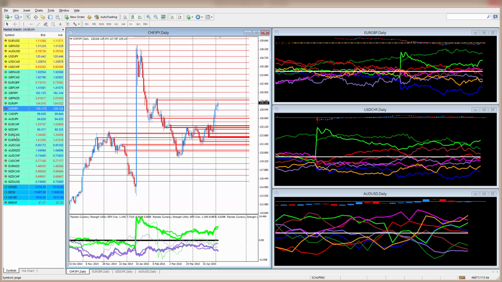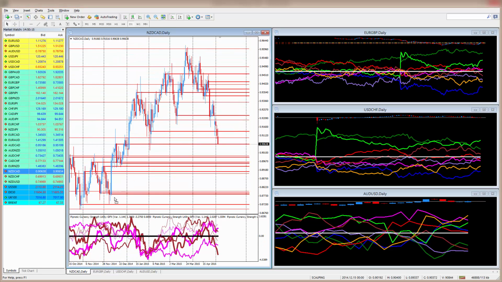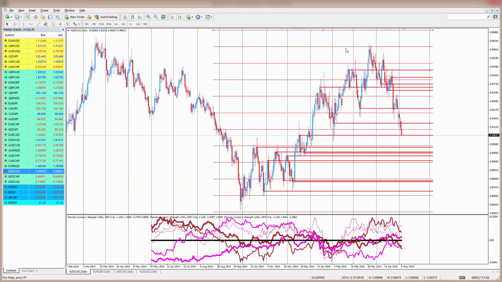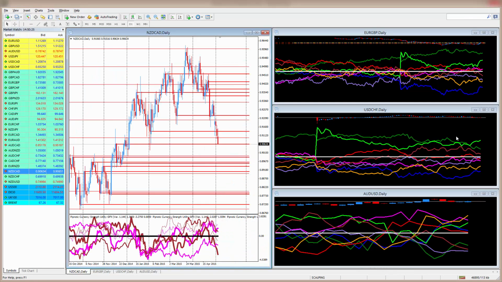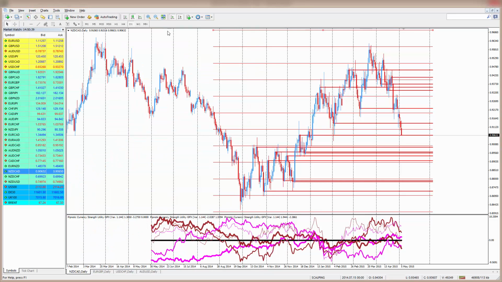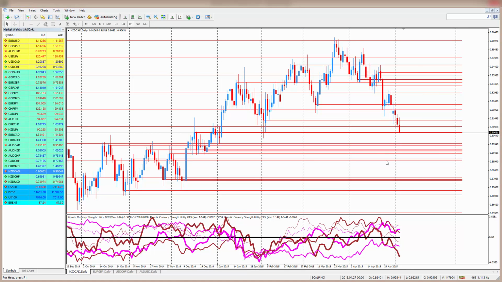CAD, here we are. So we're looking for Kiwi strength, so we're looking for this pair to be moving lower. Okay, so let's have a quick look. This would be considered a very early sign, because if you look at the information here, it's not very clean. Here you can still see that we have the Kiwi getting weaker and the CAD getting stronger, but they haven't crossed, so there's no commitment. But on the long term we can see that there certainly is, and on the shorter term we see that there is indeed. So if we zoom in here a little bit and have a look at what's going on,